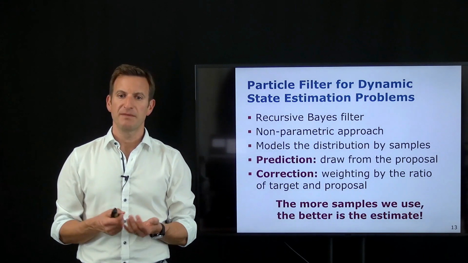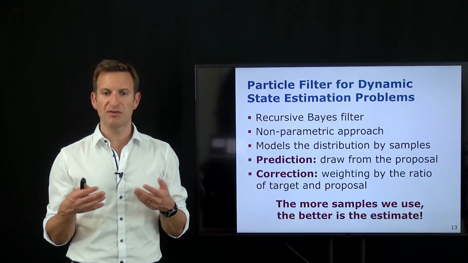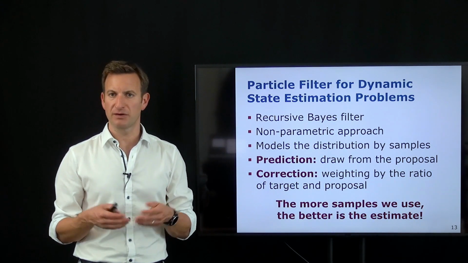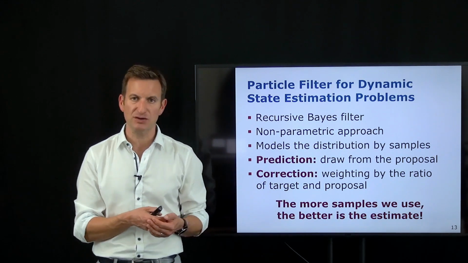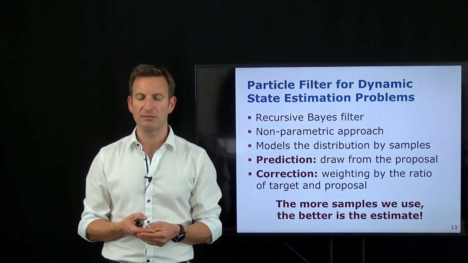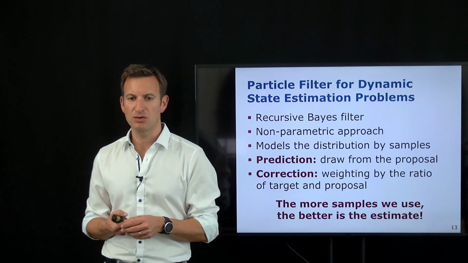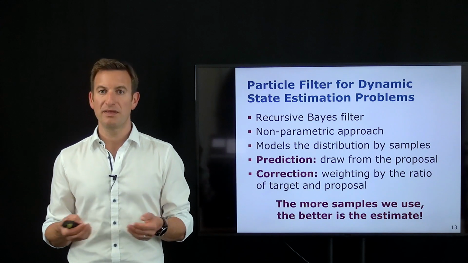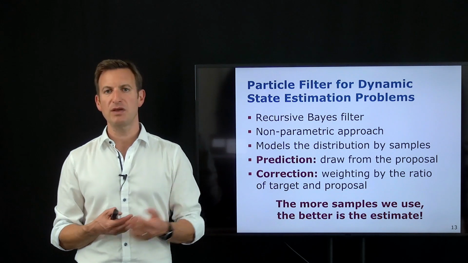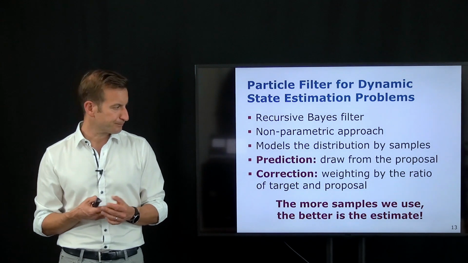So the particle filter is a state estimation system for dynamic systems, so systems that change their state over time. And the particle filter actually implements a recursive Bayes filter. So the Bayes filter that we have derived in one of the previous lectures, this principle of having a prediction step and a correction step and performing proper state estimation. Compared to the Kalman filter, for example, it is a non-parametric approach. That means it can deal with non-Gaussian distributions, because we don't commit to specific distributions, as we are using samples, as illustrated before, in order to represent our probability functions.